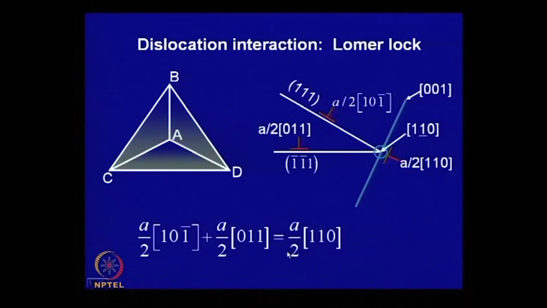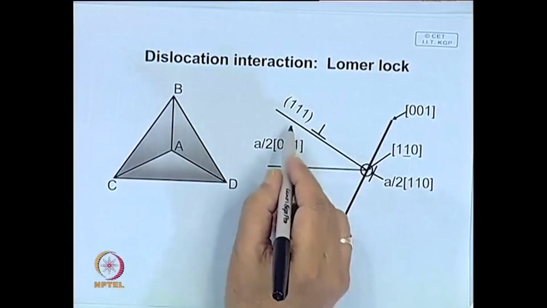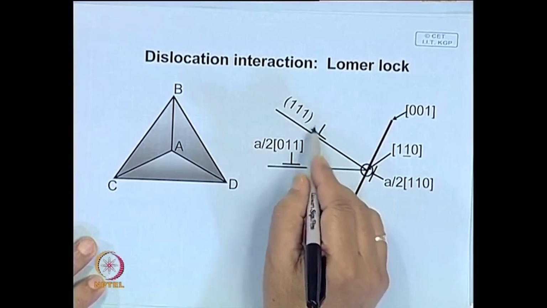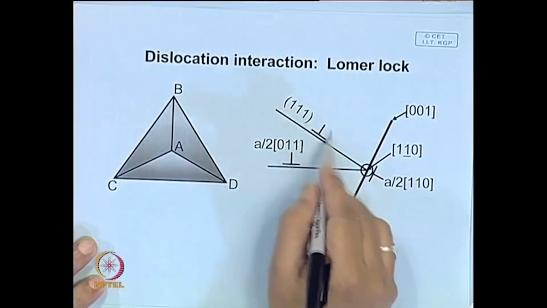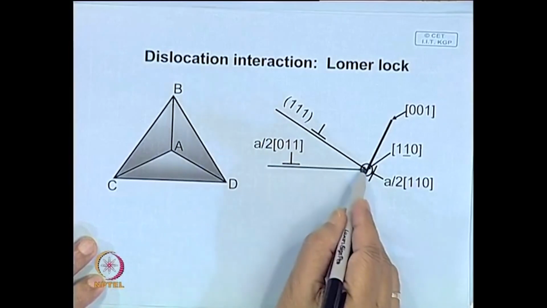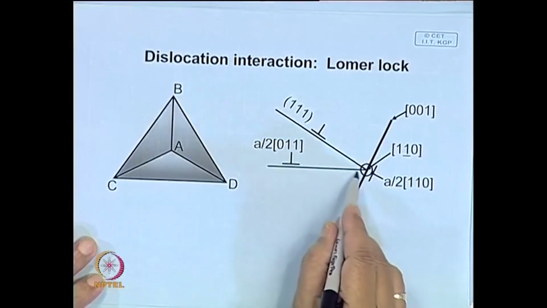There are several interesting dislocation interactions that can take place. Let us consider a face centered cubic crystal, with a dislocation moving in one slip plane, which comes and meets another dislocation along a line where the slip planes meet, which is shown over here. This is a plane 1 1 1. Here is a dislocation, although I have represented it by an edge, it is not necessarily an edge dislocation. We can consider, suppose, this is a mixed dislocation. I have just represented it like this, and it is moving along this, it comes here. Another dislocation whose Burgers vector is this is also moving along this, and when they meet together,